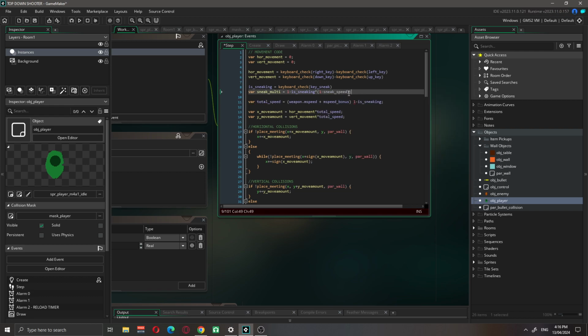So this basically means we want to multiply this whole thing by that value. If we're not sneaking, is sneaking is 0, so this whole part dies, and our sneak multiplier is 1, which means we move at the same speed. If we are sneaking, then we're going to be subtracting some amount from our speed, and that amount is going to be 1 minus the sneak speed. So if my sneak speed is 0.7, it means that we're going to subtract 0.3 if we're sneaking, right? Which would leave us with 0.7. Easy, simple. And if we click play,